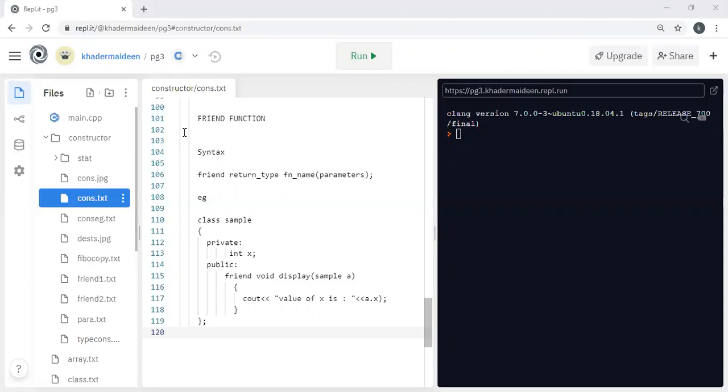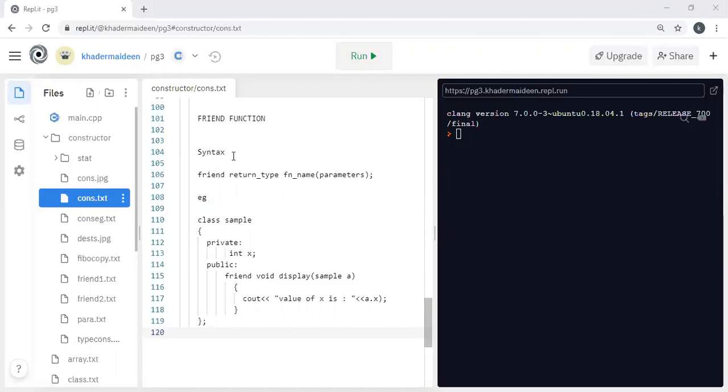Therefore, the data hiding principle is not adopted, and hence to solve this problem, a friend function can be declared to have access to these data members. So friend is a special mechanism for letting a non-member function access the private data. A friend function may be either declared or defined within the scope of a class definition. The keyword friend informs the compiler that it is a non-member function of a class.